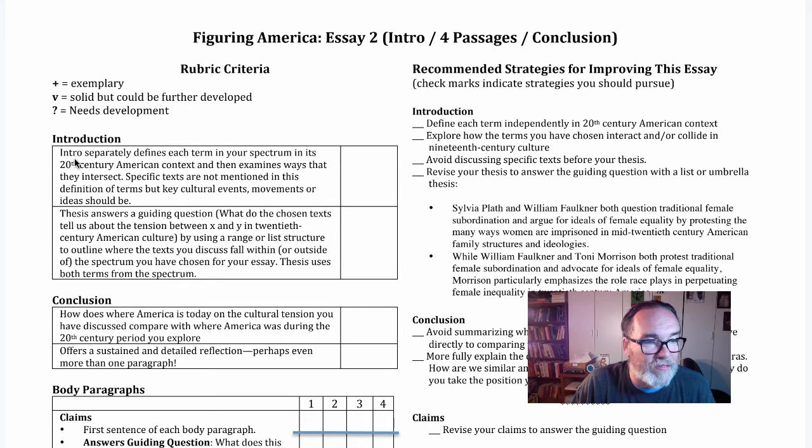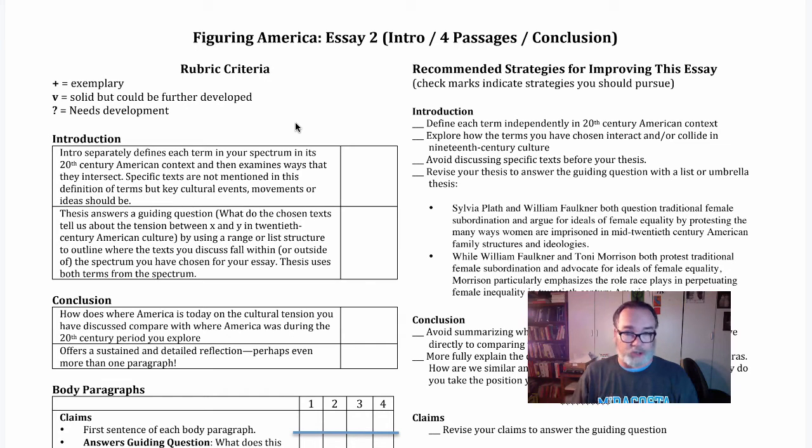So now that we have a thesis, the next step is to add an intro. And there we can see on the rubric again what we're supposed to do on our intro. It's really important, and many of you are not doing this in either your first paper or your drafts, to